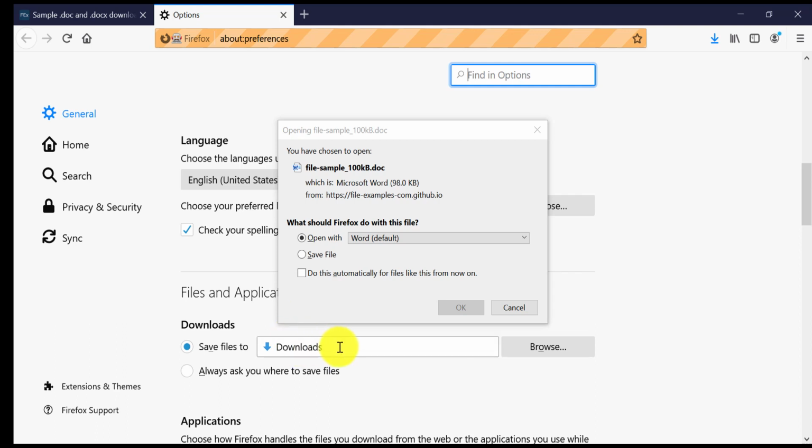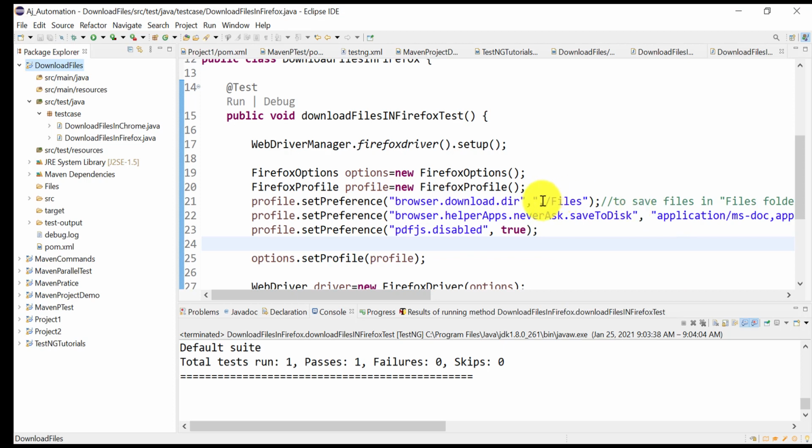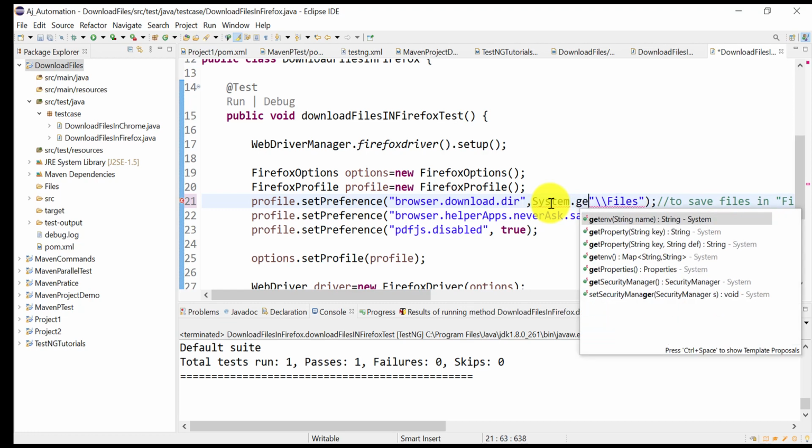By default, as you know, every browser saves to downloads. So I think there is another preference we need to set, so that it will save to our user defined location, and maybe it could not get this value correctly. Or for a separate approach, you can go with System.getProperty.